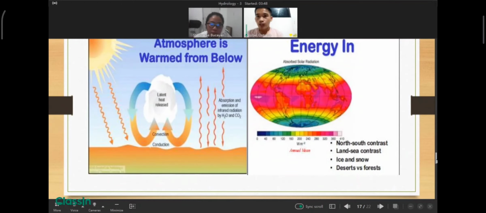At yung color blue and green, sila yung medyo less na nare-receive na sunlight or solar radiation or heat from the sun. So, most common sa mga tropical country is mainit, diba? Tulad sa ating Philippines, tulad sa mga Africa. So, nasa side sila sa mga equator. Kaya most directed